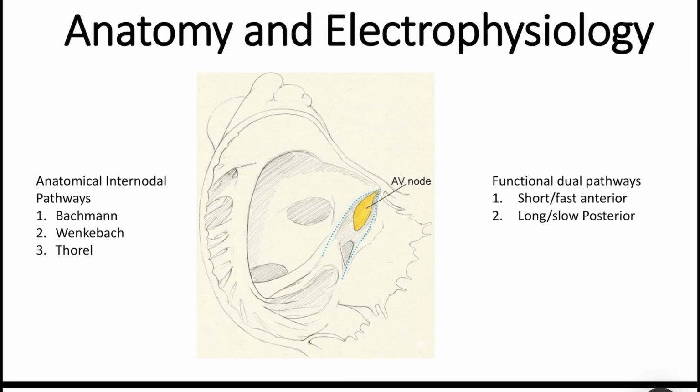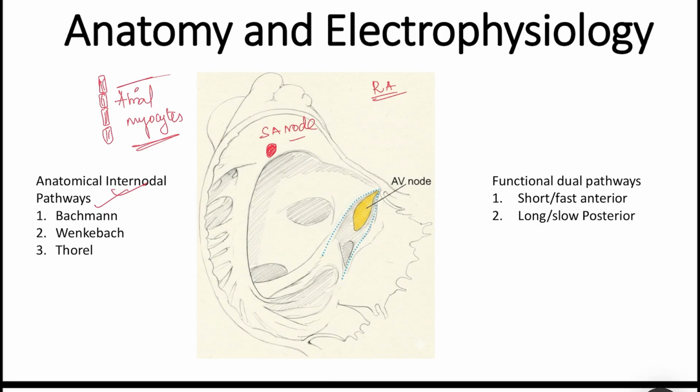This is the schematic diagram of the opened right atrium. Impulses originating from the SA node reach the AV node via internodal pathways. Recent studies have redefined the traditional concept of internodal pathways. They are not insulated specialized tracts like the His bundle or the Purkinje system. Rather, they are organized stacks of atrial myocytes that function as preferential conduction routes between the nodes.